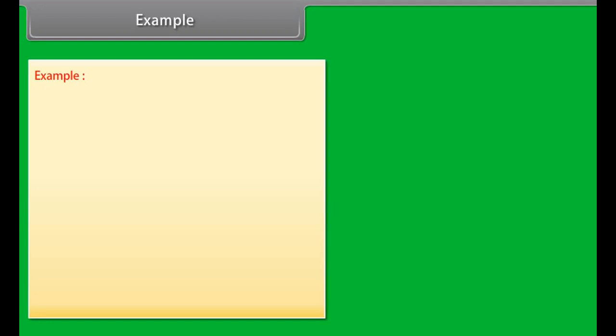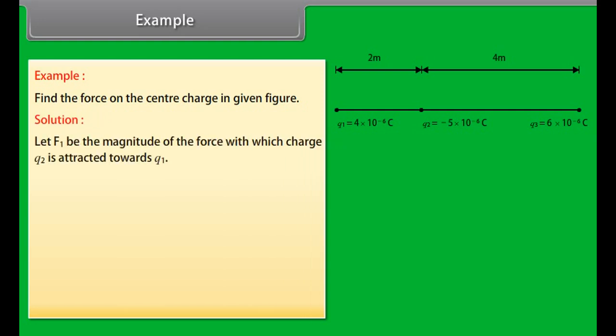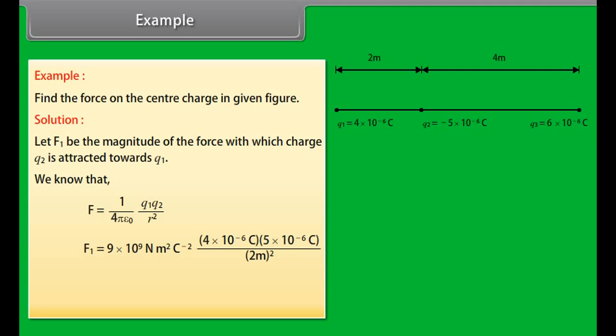Example. Let's take an example on Coulomb's law. Find the force on the center charge in given figure. Let's see the solution. Let F1 be the magnitude of the force with which charge Q2 is attracted towards Q1. We know that F is equal to 1 upon 4 pi epsilon naught multiplied by Q1 Q2 upon r square. Put the values in this equation, we get F1 is equal to 45 into 10 raised to the power minus 3 Newton, which is equal to